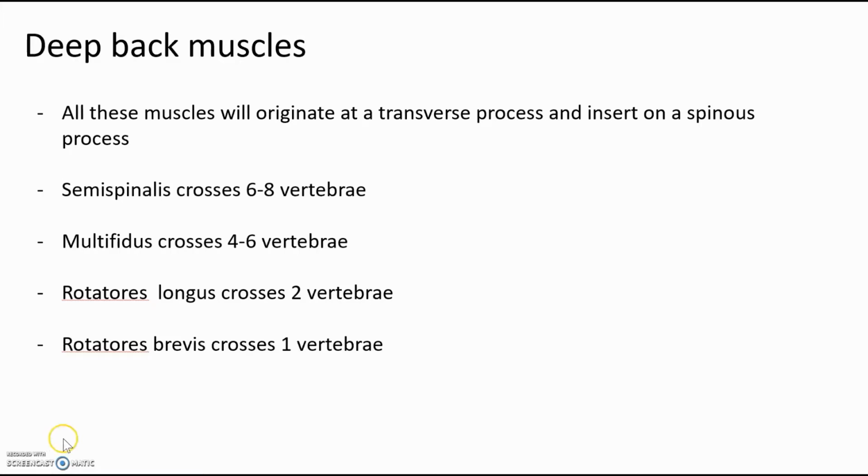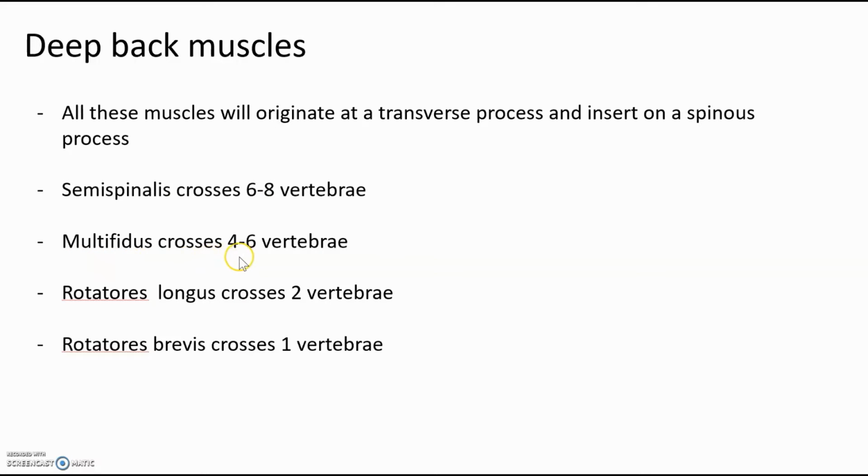Now if we look at each different deep back muscle, if we remember the mnemonic sum more ragu, we can remember these muscles. We have semispinalis, multifidus, and then rotatorius, both longus and brevis. The first S in that mnemonic is semispinalis. It'll cross the most vertebrae, being 6 to 8. Multifidus, being the M in the mnemonic,